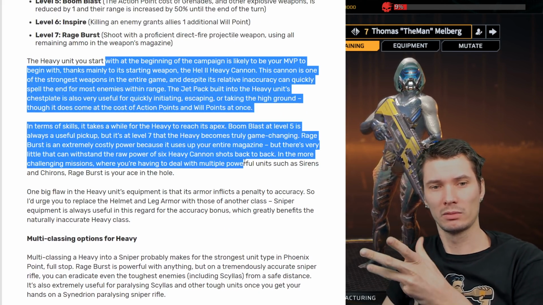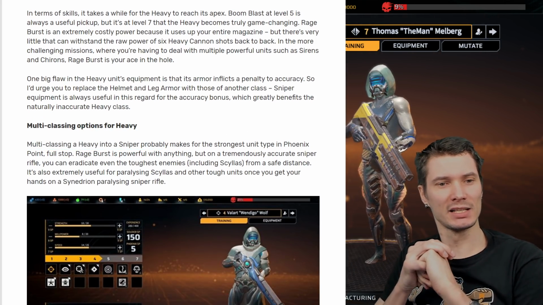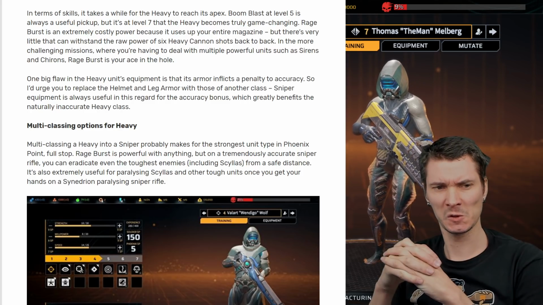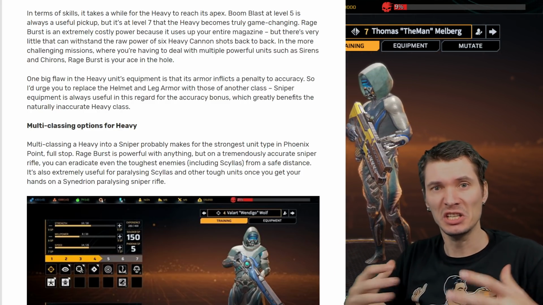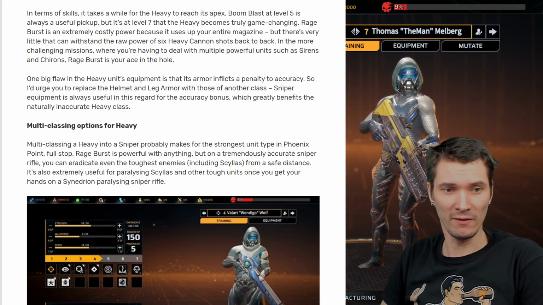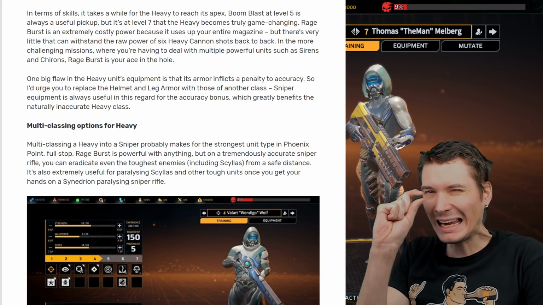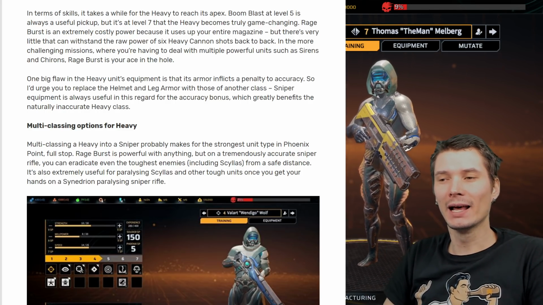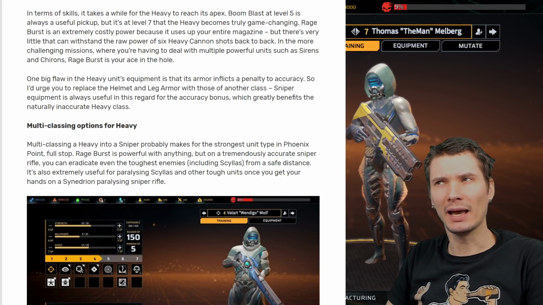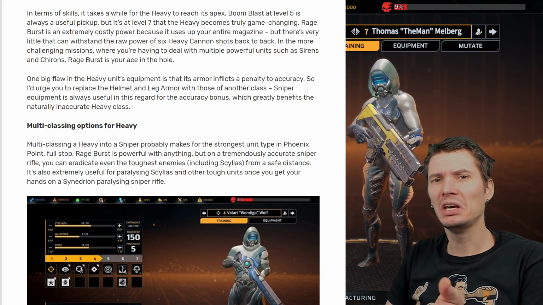I'm not going to read what's about the classes because we are interested in multiclass heavy options. And multiclass heavy into sniper probably makes the strongest unit in Phoenix Point. Full stop. Yeah, I'm gonna insist on full stop. Yes, I also had my fun with heavy sniper, actually playing and realizing, and from my awesome commenter sections we dug out that actually no, the best still is heavy combined with